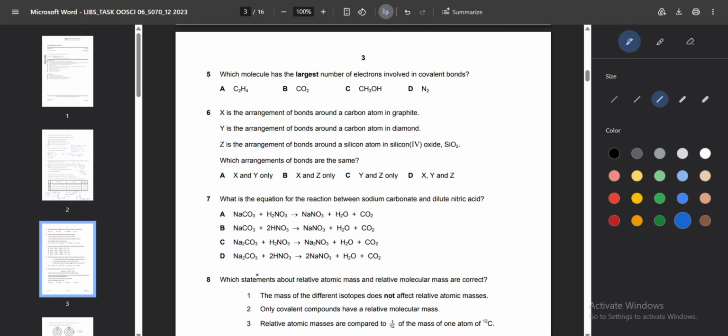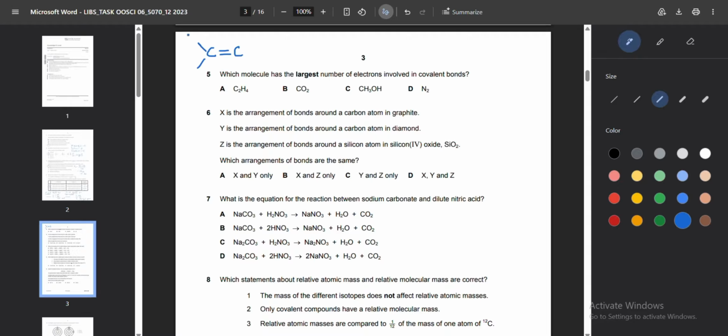Now we move on to question number 5. Which molecule has the largest number of electrons involved in covalent bonds? Covalent bonds are formed by the sharing of electrons. Each covalent bond is formed by the sharing of 2 electrons. So if we draw the structure of the first one, it is